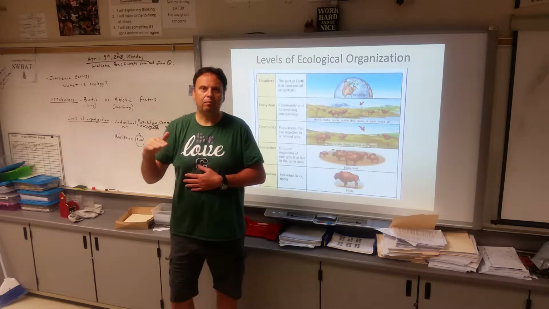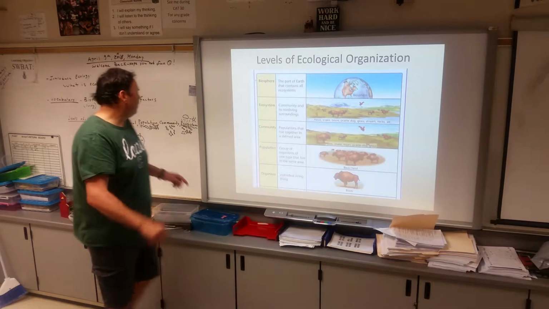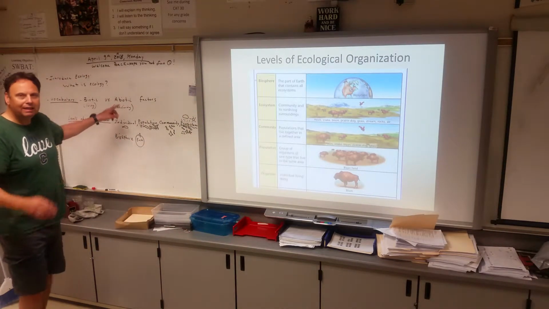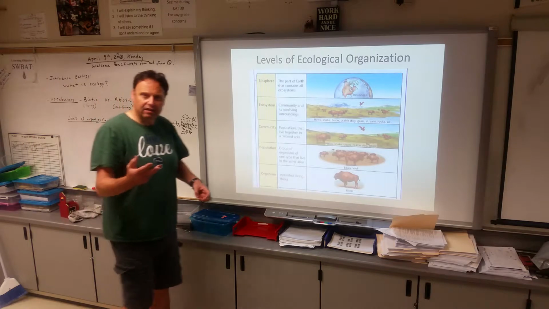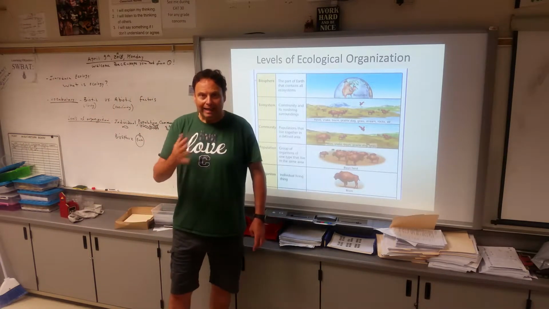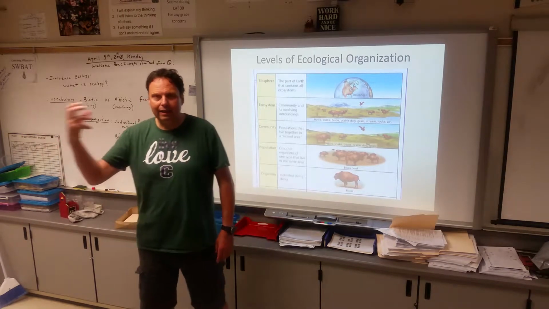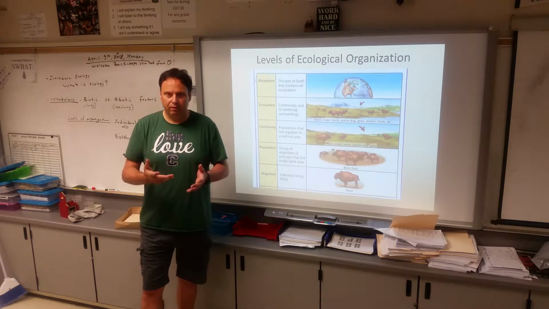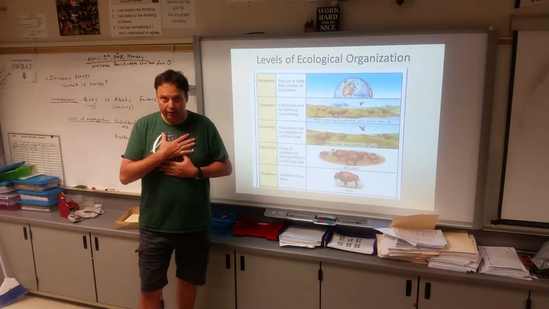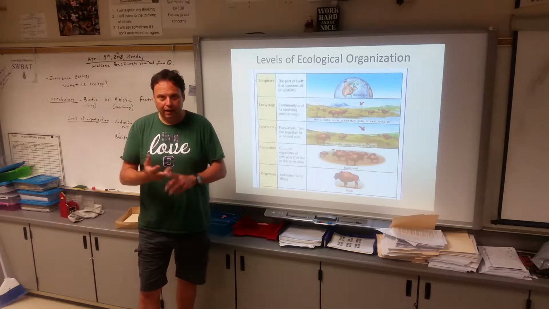So if something is not biotic, what is it? It's abiotic. The same word, but with an A in front of it. So we have abiotic, which means not alive, and then biotic, which means alive. And do I, as a biotic factor, need abiotic factors? Yeah, of course. I need air, I need water, I need heat. Air, water, heat, all those things are abiotic factors. So I'm a biotic factor, an organism that needs abiotic factors to survive. I need water, I need air, I need heat, etc.